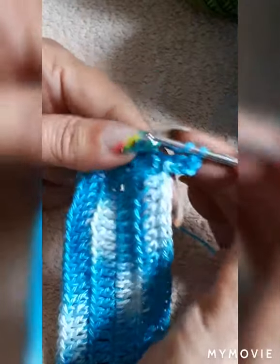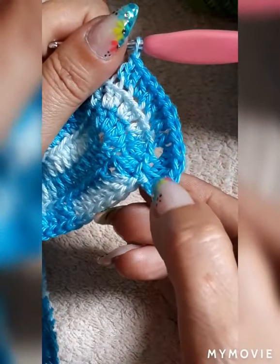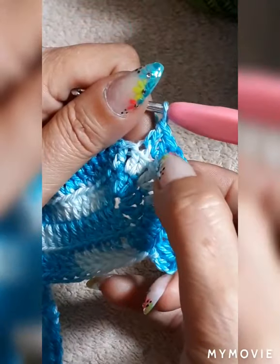And then the next one, we're going to do 1. And then the next one, we're going to do 2 together. And then the next one, we're going to do 1. And next one, we're going to do 2 together. So whatever we're doing on this side, we're going to do it on the other side. 1 and 2 together, and 1 and 2 together. So we have 2 together, 1, 2, 1, 2, 1, 2, 1, and 2 together,